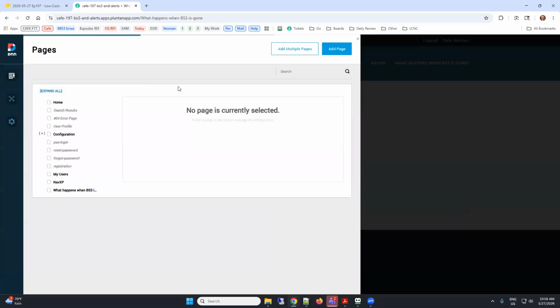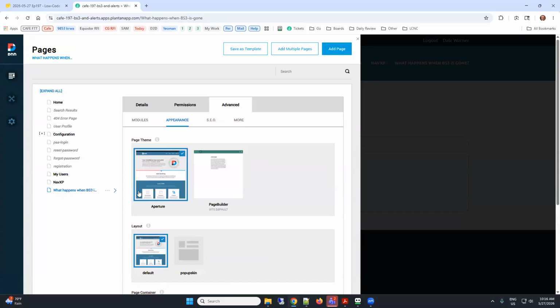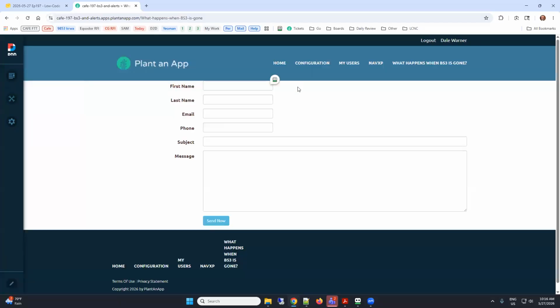On this page setup, if we look at advanced appearance, we see that I've chosen the Aperture theme, which is just one that ships with DNN, I believe DNN 10. So it's just a standard theme, and if we put the page into edit mode,